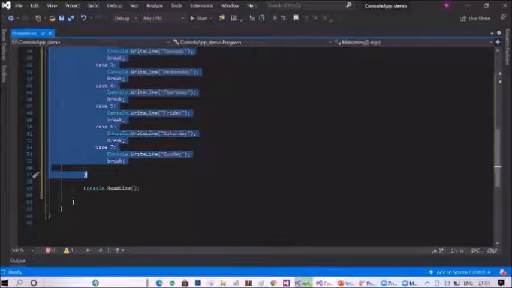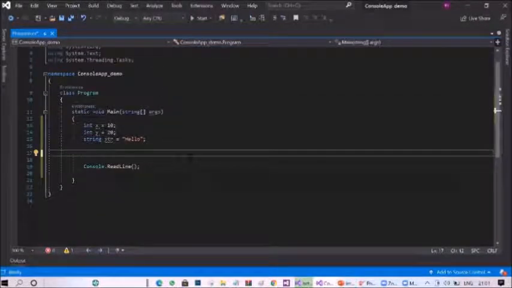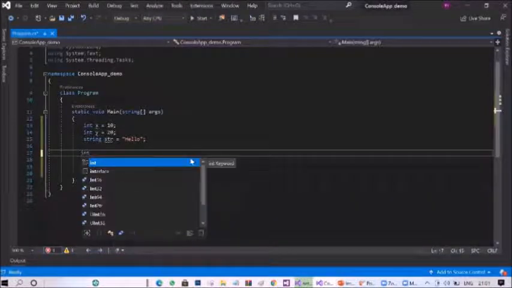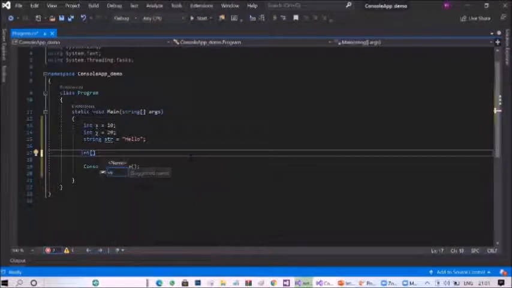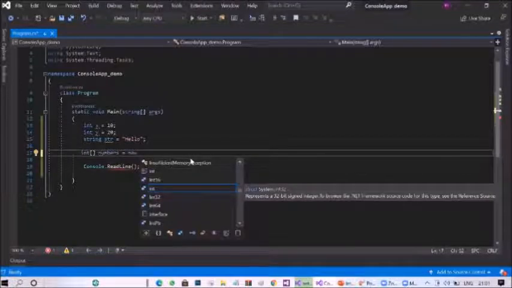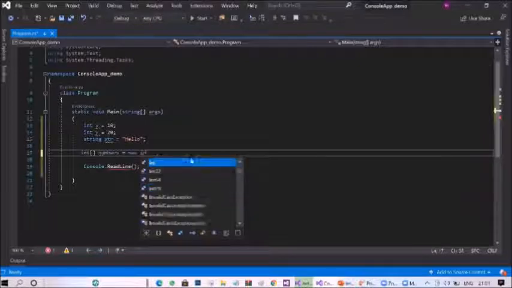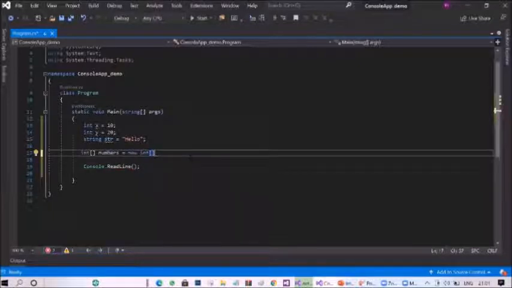Now let's understand an array. Okay, another type, array. Int array numbers equal to new. The new keyword is used for declaration, or when you have a new object or something like that, you have to use new. So when you declare an array, you have to give new. Okay, int new, and you can assign values to this array: 1, 2, 3, 4, 5. I'm just giving 5 numbers.